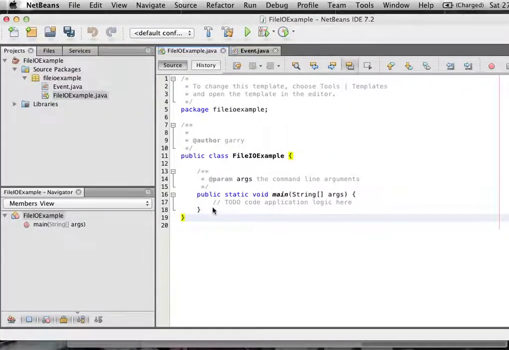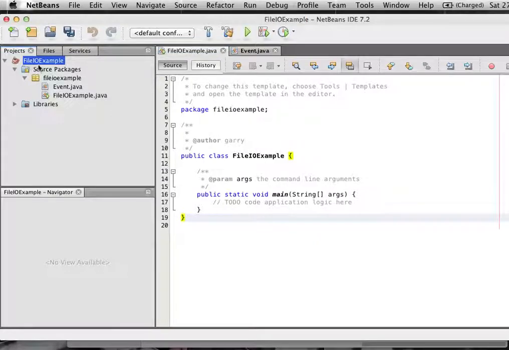Hello, this is a short screencast to illustrate how to read in and read out a text file in Java using NetBeans. Okay, so in this example, I've started stuff off already. I've got a project called FileIOExample at the top of the screen here, and I've got a class